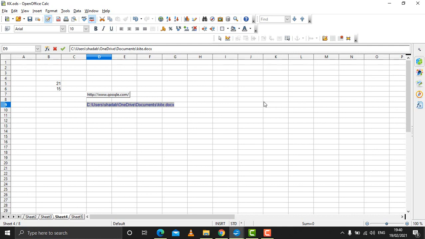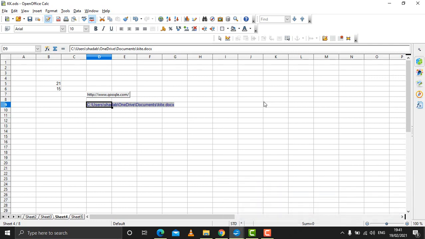The next is linking to external data. If we have some tables which are stored in web page format and we want to link those tables to the current worksheet, we can do so. We can link those tables which are there in web page format. Already I have stored tables in web page format. So if you link to those external data, we can do so.